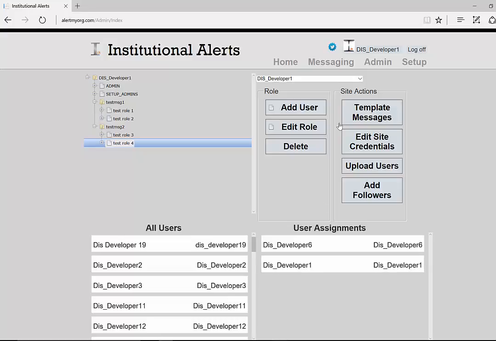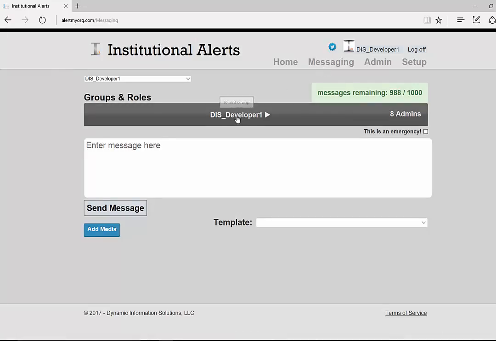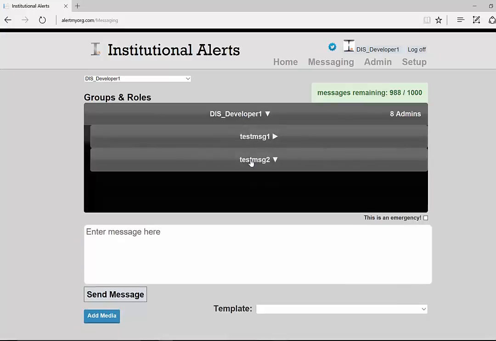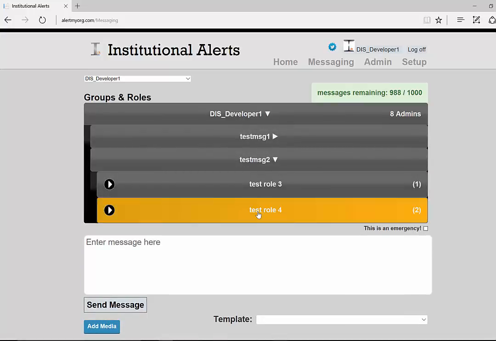So what we can do is come over to messaging and come under our account, come down here to our role that we looked at underneath the admin screen, where those two Twitter accounts are following us, and we can say, and now we can just send this message out,